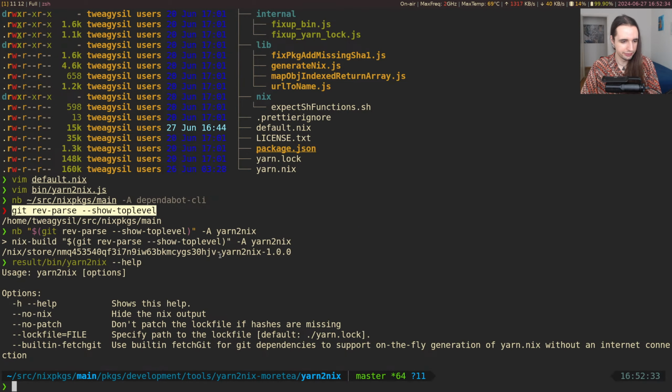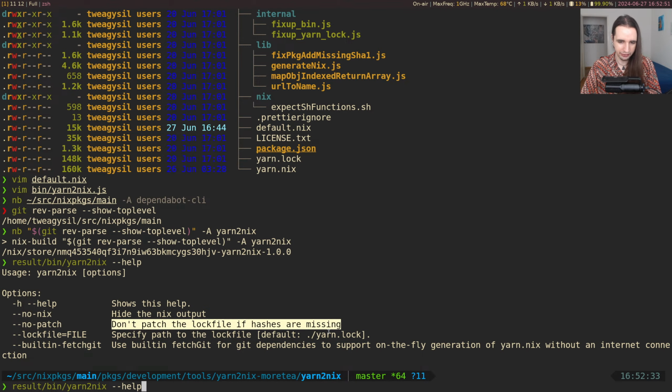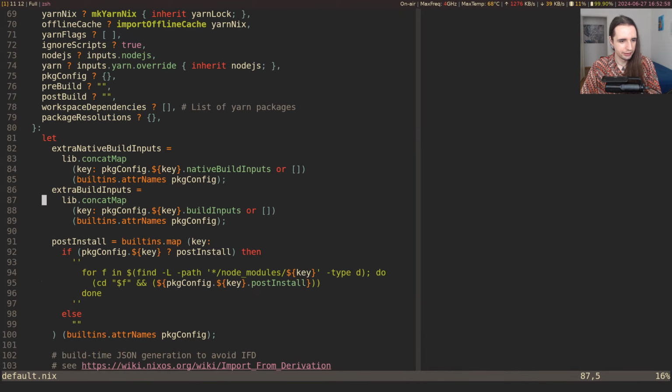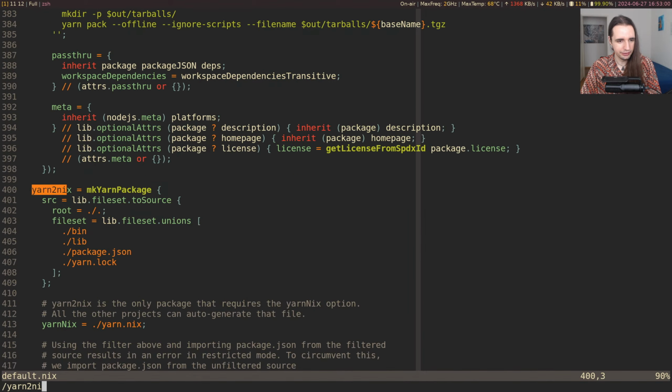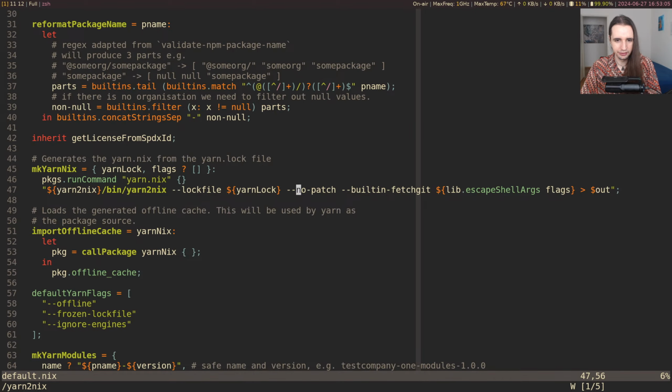Let's just do the help here. And hide the Nix output and patch the log file if hashes are missing. Not sure what that is about. Oh, specify the log file. Oh, I see. So sometimes hashes are missing and you might say don't patch them. I think by default, yeah, that might actually be a little bit of a clue. I think by default it doesn't do that, if I understand correctly. So yarn-to-nix, no patch. Ooh, no patch. Well, I guess